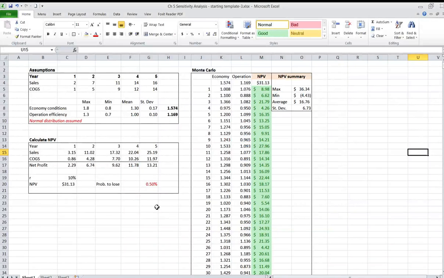In this tutorial, I will demonstrate how to visualize the results of the Monte Carlo simulation for net present value. Again, we generated 1000 net present values. We calculated 1000 net present values and would like to see how they look. For that, we'll construct a histogram of the newly generated